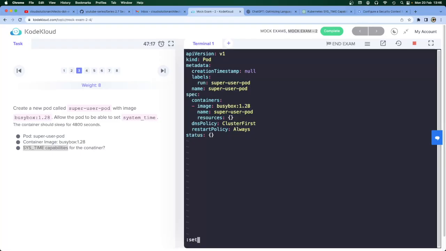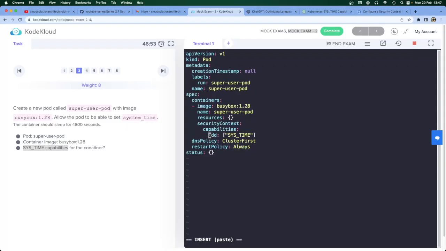I can paste here, and it says under resources field. Now, honestly, there's going to be no resources in this, so you probably could remove that resources line, but I'm going to leave it